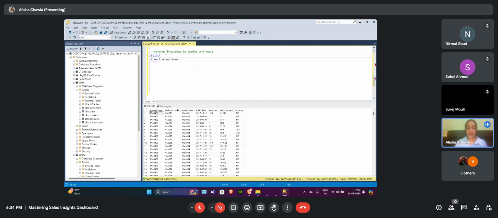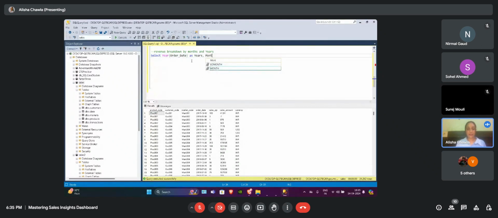How can we do that? We have functions here. We have year. We have to extract year from which column? From order date. And this is also a function, so we can give it a name as years.